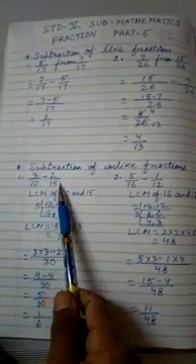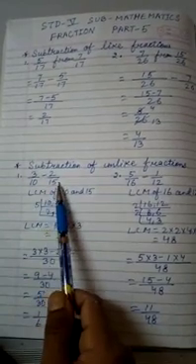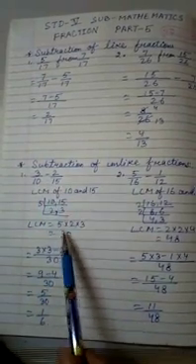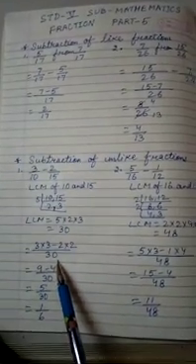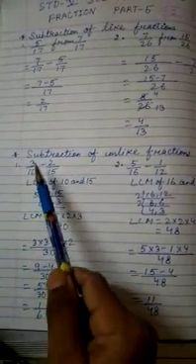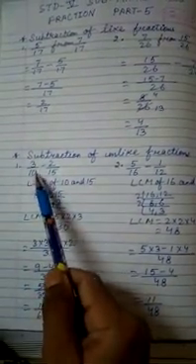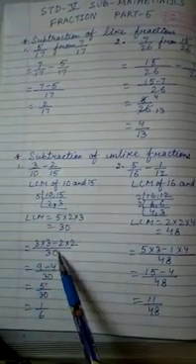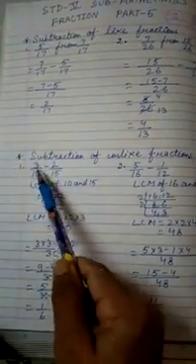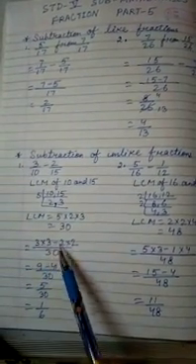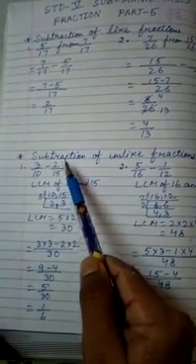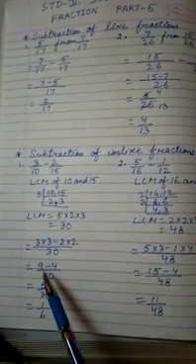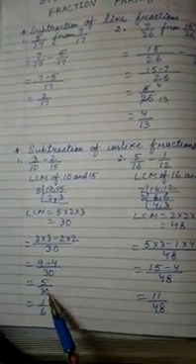If the fractions are unlike, means the denominators are not equal, then we have to find out the LCM of 10 and 15, that is 30. We will write the LCM in the denominator 30. Then 30 will be divided by the denominator of the first fraction 10. 30 divided by 10 is 3, multiplied with the numerator 3 into 3 minus 30 divided by the denominator of the second fraction 15, that is 2. So 2 into 2 is 4. 9 minus 4 is 5 by 30.